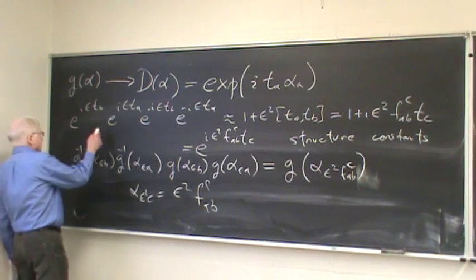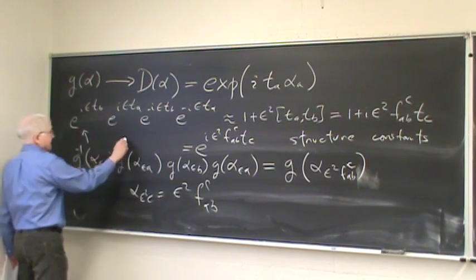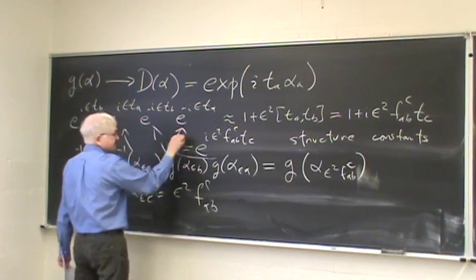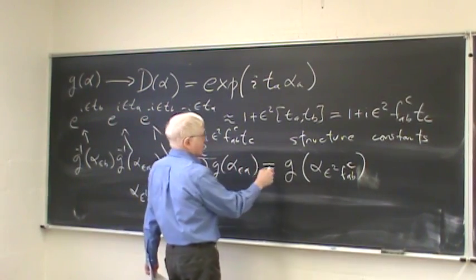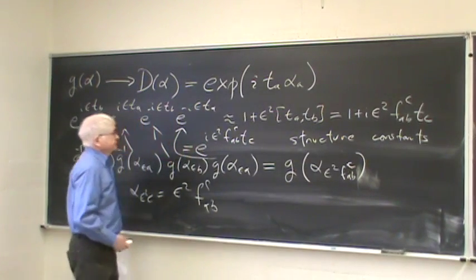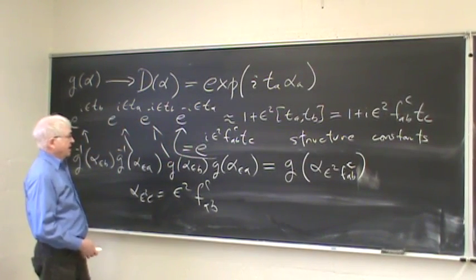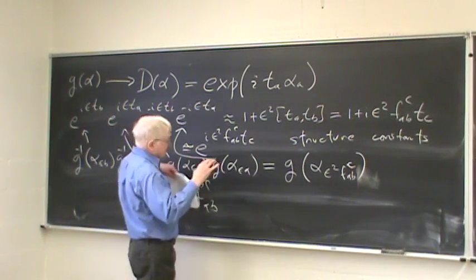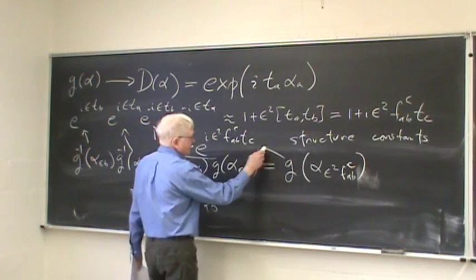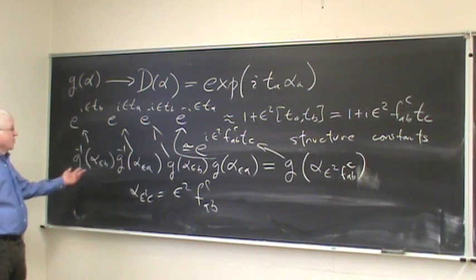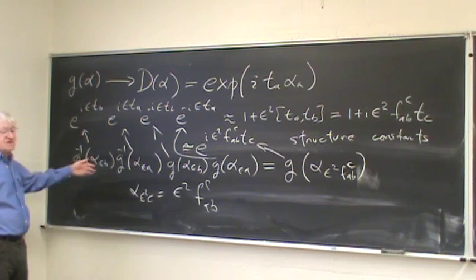Effectively, this is mapped into that, this is mapped into that, this is mapped into that, this into that. The product then is approximately this, and so I think in fact one can say it's approximately this, and is equal to it in the limit epsilon going to 0. And that means then that this must hold for any representation, since a representation must respect